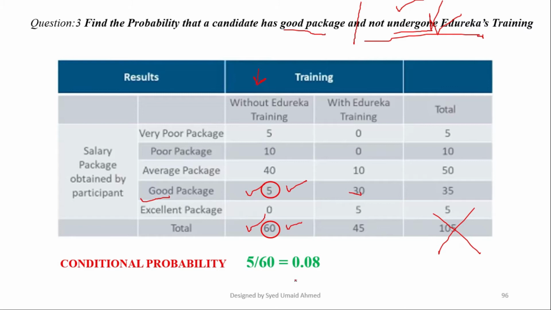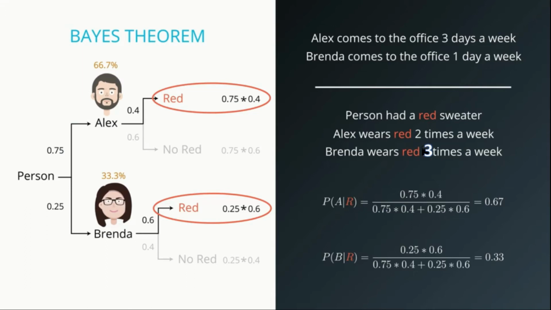Hope you understand the perfect definition of joint, marginal and conditional probability. Let us move towards the theorem, that is Bayes theorem. But before explaining this, I want to show you a short video about Bayes theorem that is taken from the Udacity Nano Degree course of data science. So let us see the video, then you can get the proper explanation of what Bayes theorem is about. Listen carefully, then I will show you the picture and we will do a numerical of Bayes theorem.